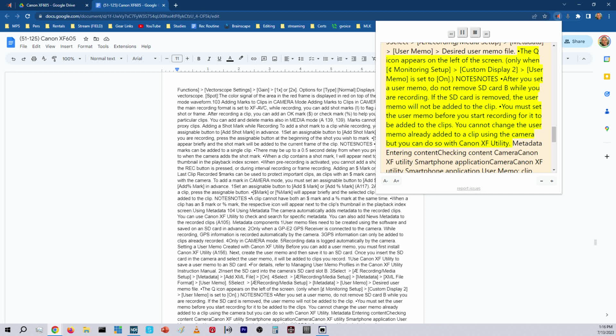Only when Monitoring Setup > Custom Display > User Memo is set to On. Notes: After you set a user memo, do not remove SD card B while you are recording. If the SD card is removed, the user memo will not be added to the clip. You must set the user memo before you start recording for it to be added to the clips. You cannot change the user memo already added to a clip using the camera, but you can do so with